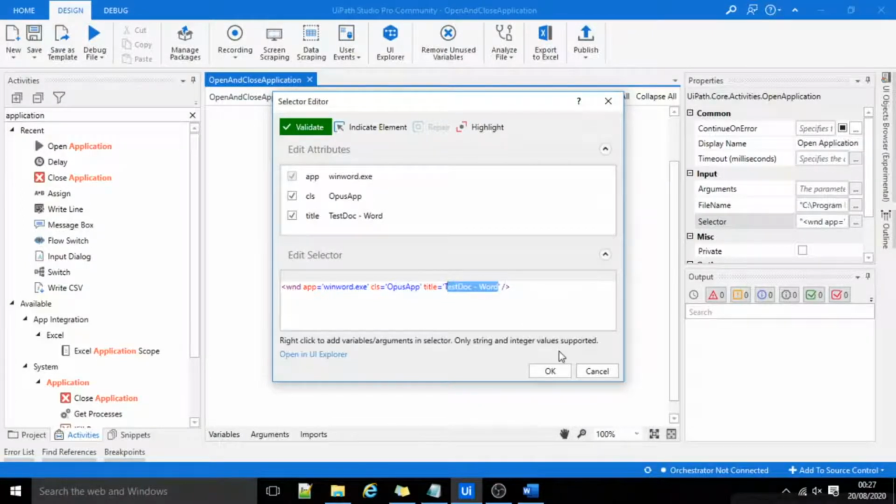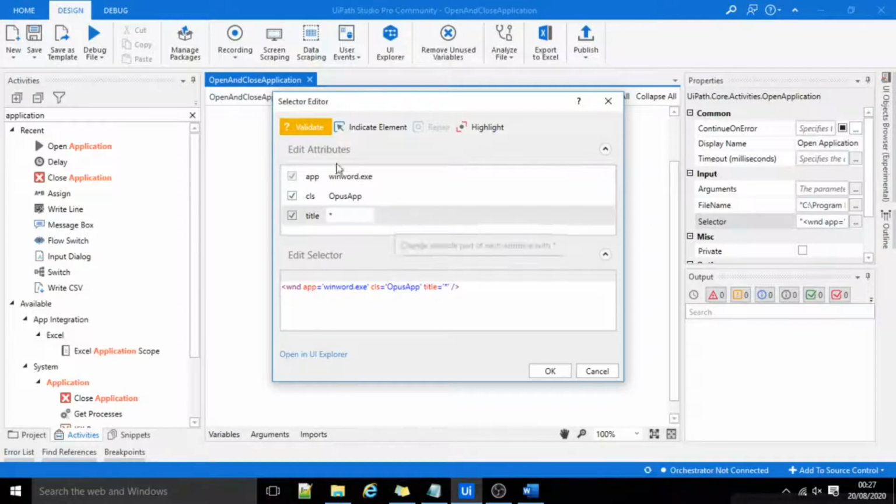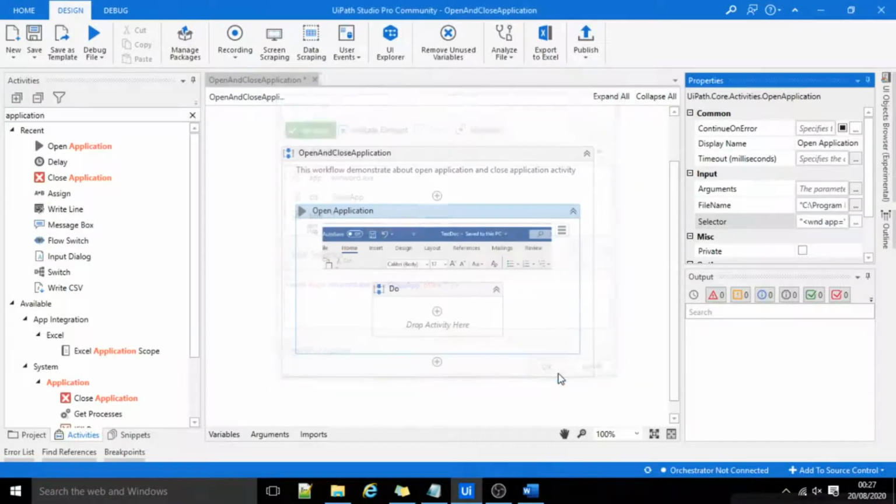So I'll make it a star, which means it can open any document having any title. I will explain about this in my upcoming videos related to selectors. So I'll validate this and click on OK.